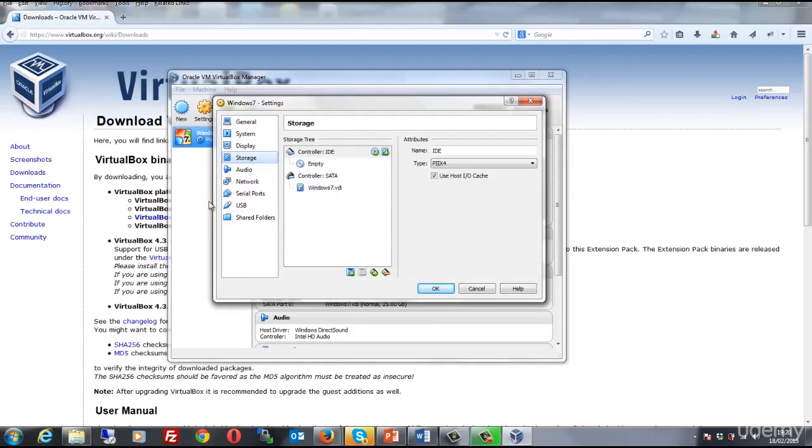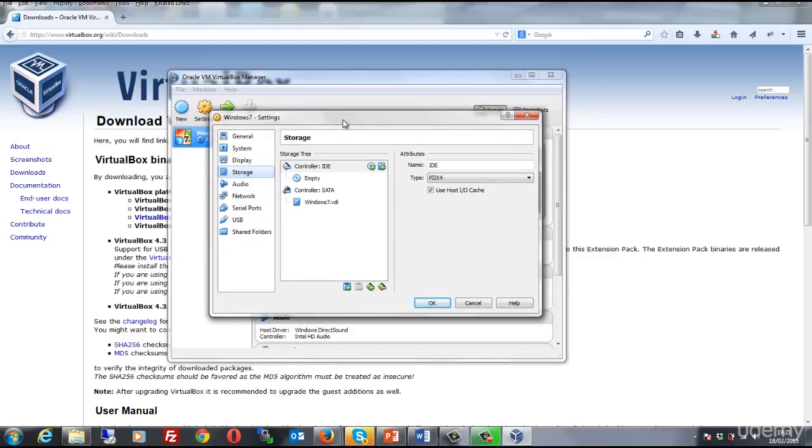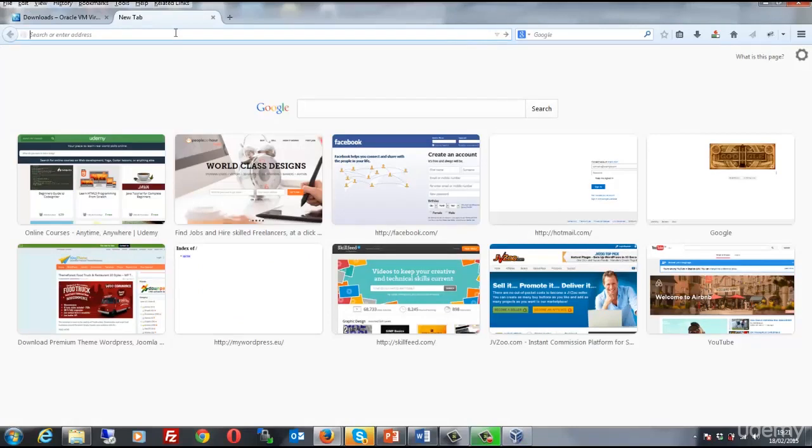In order for you to utilize the VirtualBox, you need to have a Windows 7 image. Now if you don't have it, you're not going to be able to use it. Microsoft have given us the ability to download an image that works absolutely brilliantly with VirtualBox, and I'm going to show you how to get that now. So if I go to a new browser and then go to